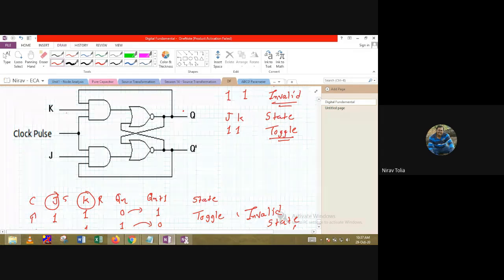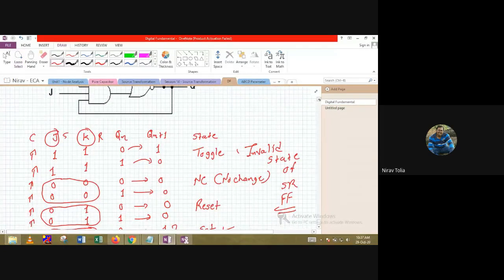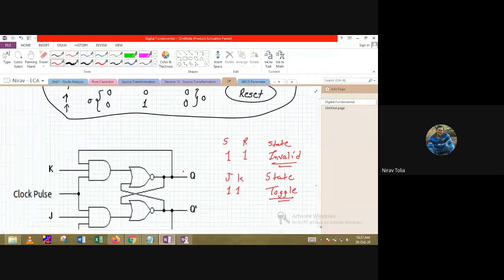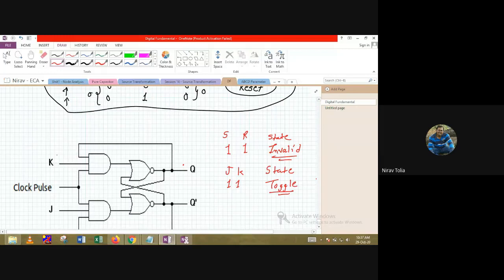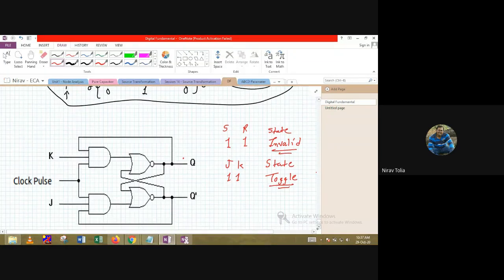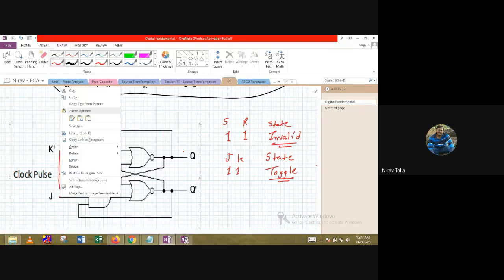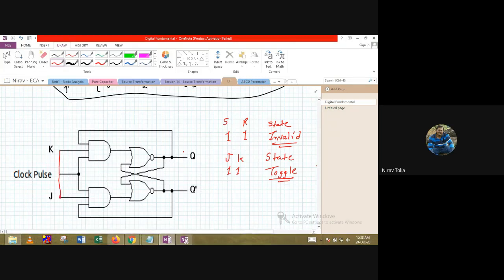Instead of giving two different inputs, J and K, what we are doing in a T flip flop is short circuiting them. In a D flip flop, we put the inverter gate in between, but here now